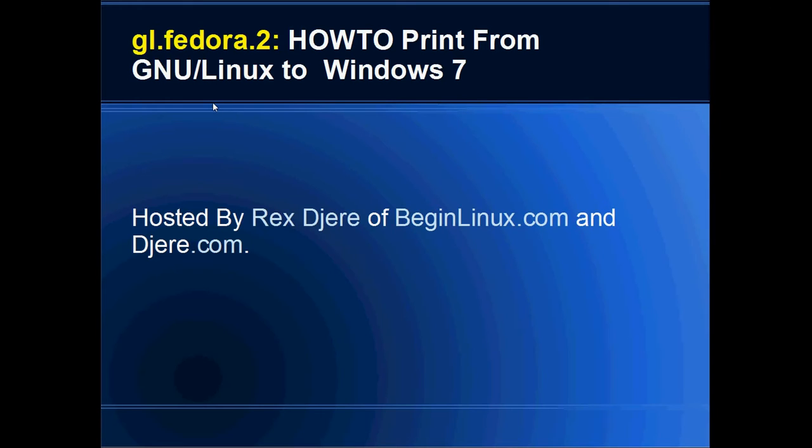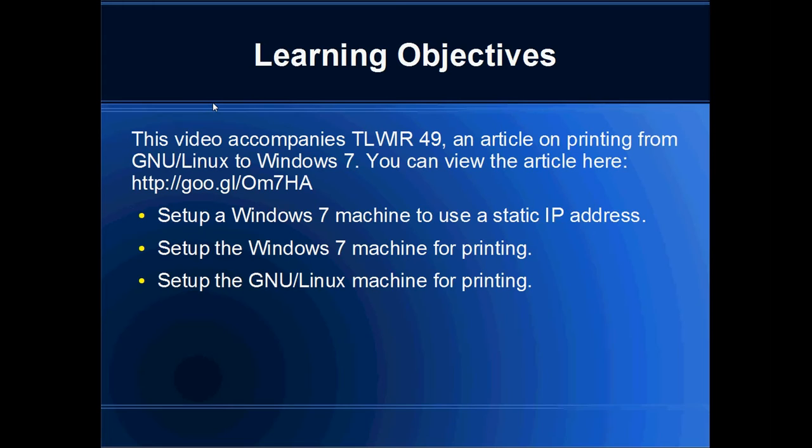The title of today's lecture is gl.fedora.2, How to Print from GNU Linux to Windows 7. This video accompanies an article I just wrote called The Linux Week in Review 49. That article deals with printing from a GNU Linux machine to a Windows 7 machine. You can view the original article at